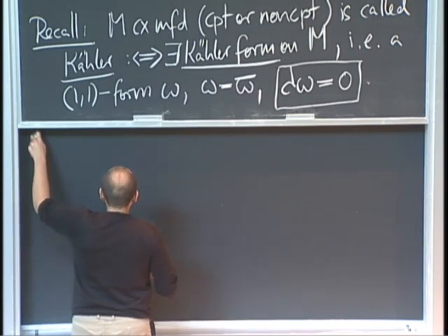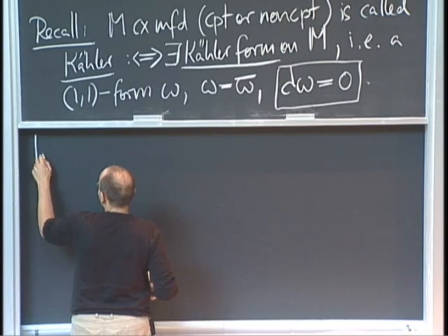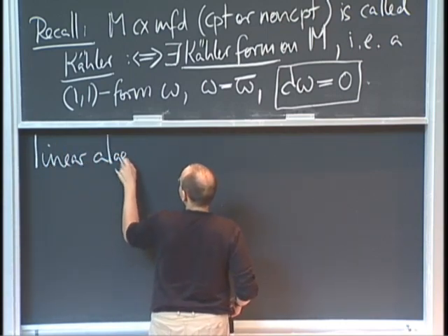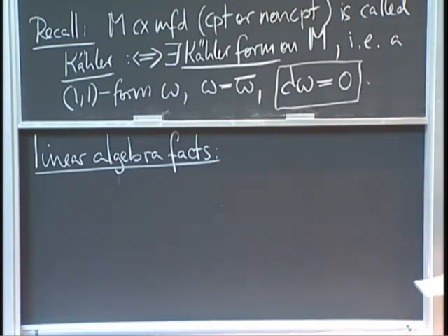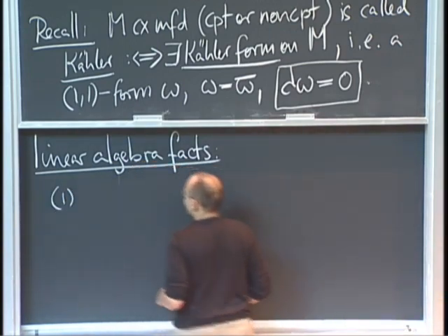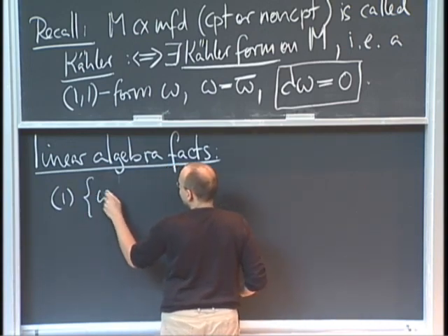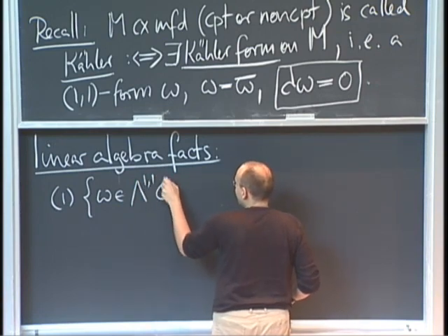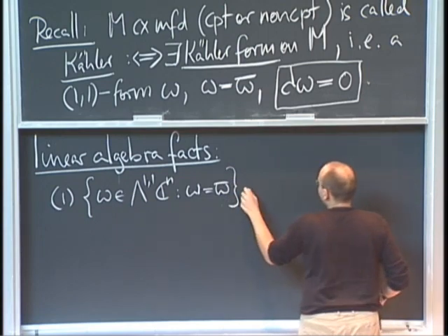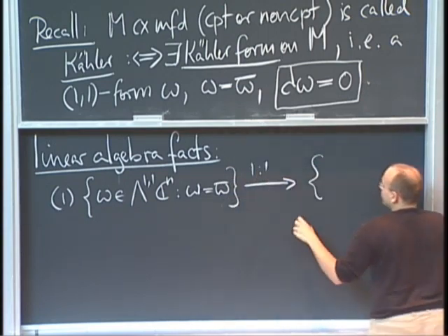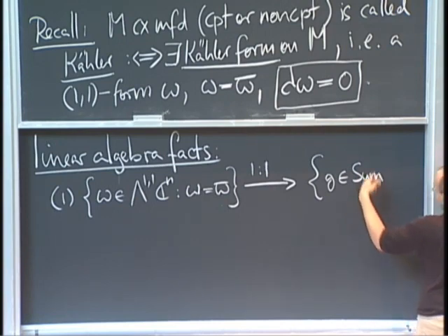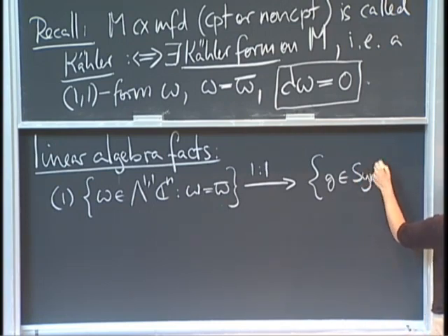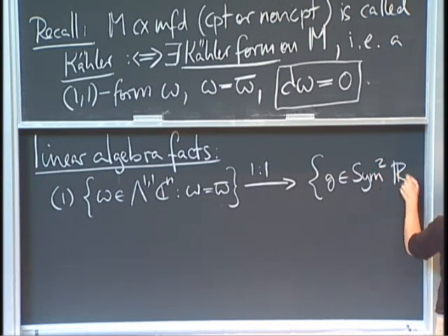I'm going to do it fairly explicitly. So there's 2 things you need to check. The first one is that there's a canonical identification, so that's just pointwise on Cn. So you have 1-1 forms on Cn that are real, so omega is equal to omega bar. And there's a 1-to-1 correspondence, a linear map to symmetric bilinear forms on Rn. So inner products on Rn, not necessarily positive, but symmetric bilinear forms, that are compatible with a complex structure in a certain way, so that